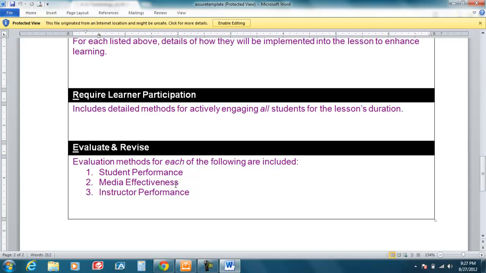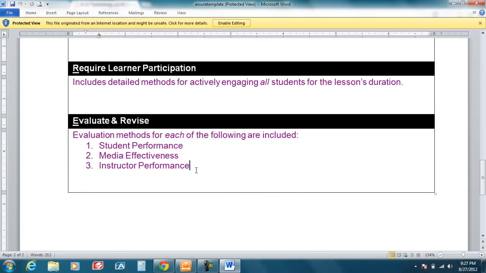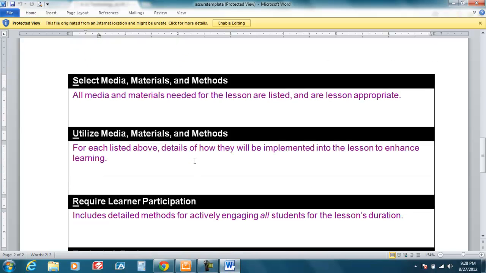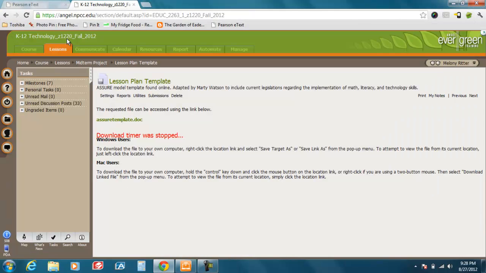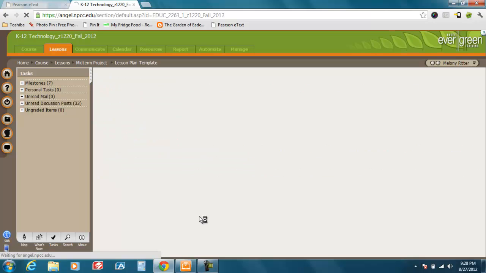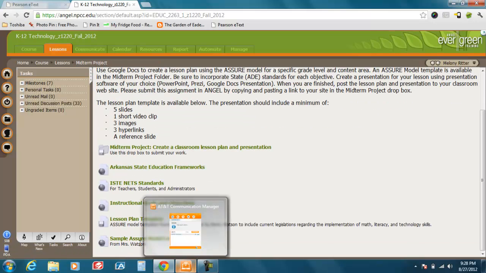how things went, whether or not something was broken or not working, with student feedback on the activity or the lesson. And then also similar for your instructor performance, but you may want to be a little more specific there. You could give a student survey. You could have a peer come in and do some evaluation. Obviously, you wouldn't do that all the time, but those are some examples of ways that you can monitor and evaluate your own performance. So this is the template for you to use,